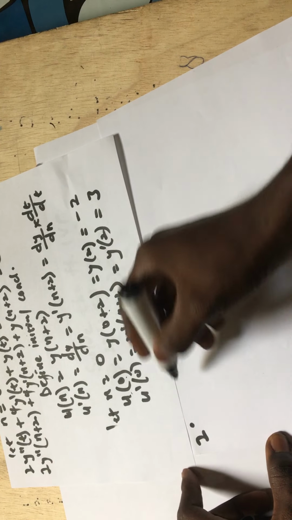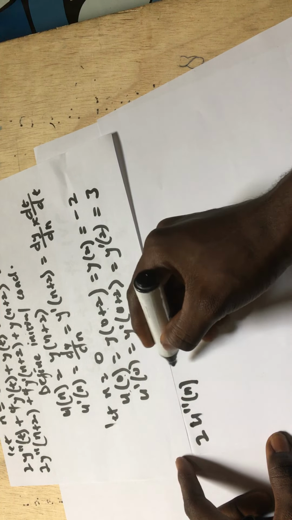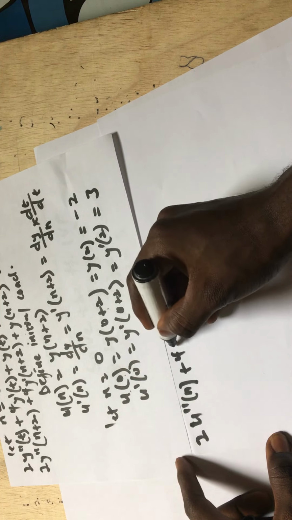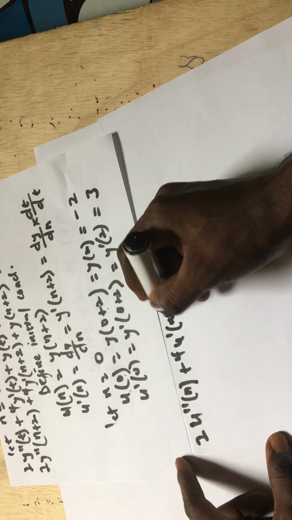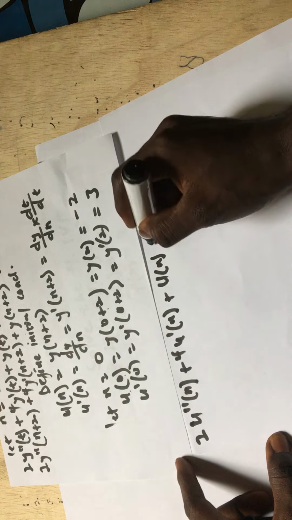Are you okay? So it will be 2u prime of n plus 4u prime of n plus u of n will be equal to